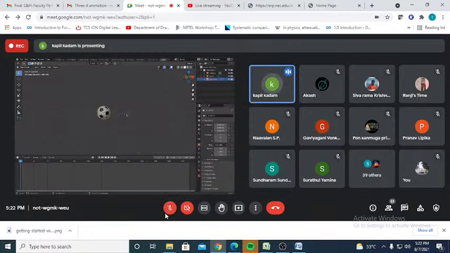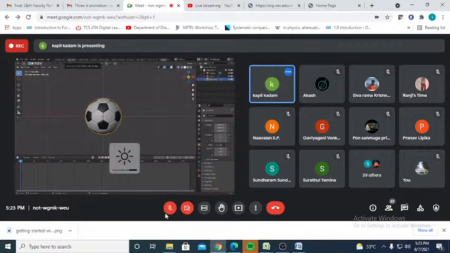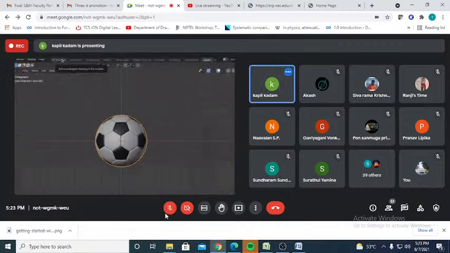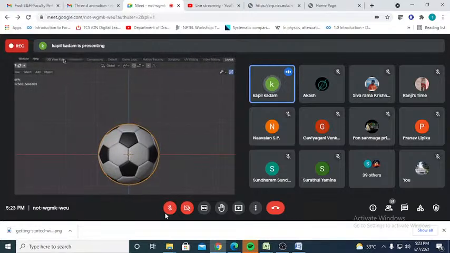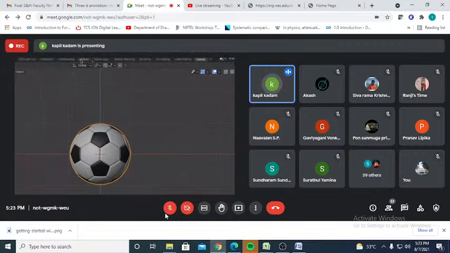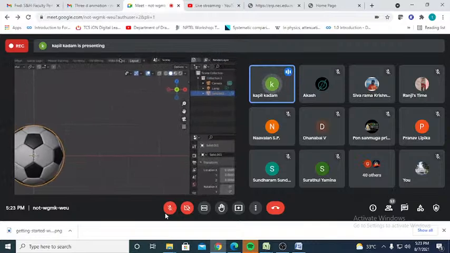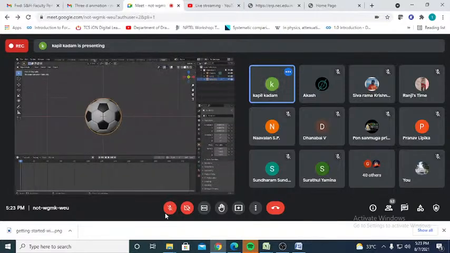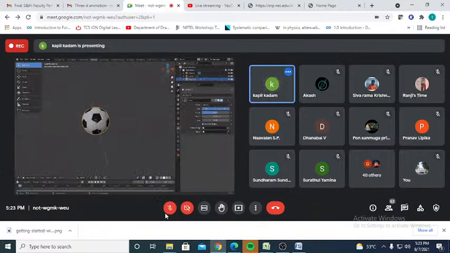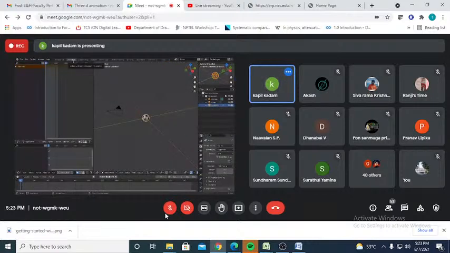So if you could see, I have taken an already modeled soccer ball. I'm in front view. Before going to animation, if you look at these layouts, you can see 3D view, full, animation, composition, default, scripting, UV editing, shading, right? This is a default layout where you normally do the modeling. Then we have the animation layout. If you go to the animation layout, you can see there are different